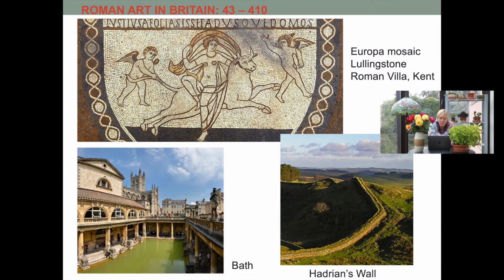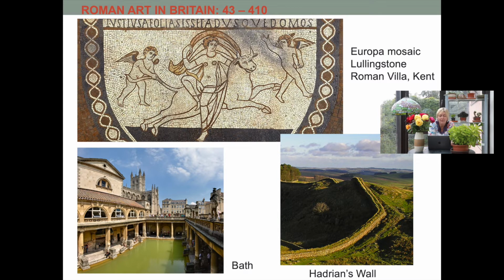The images around him are not really angels in the Christian sense. They are amors or eroses, so the personifications of love and desire, which were later borrowed by the Christians in the figure of angels. We have the Roman bath in the city of Bath, which used an earlier